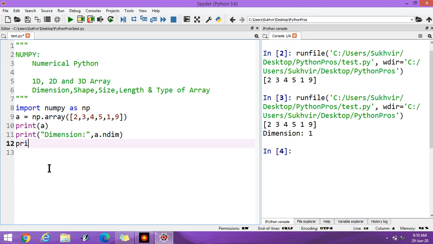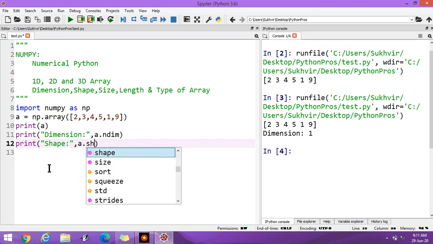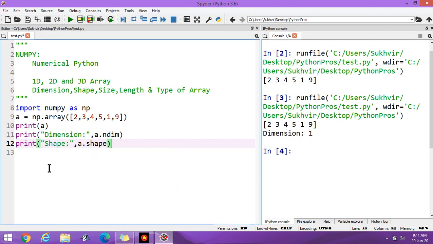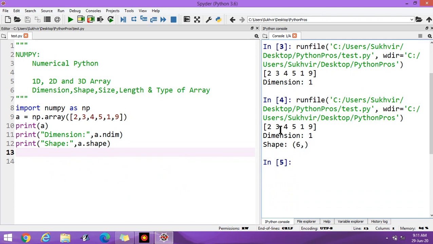To find the shape, you can write shape, then a.shape. Execute again. The shape is 6, comma, it's empty. It means only 6 elements are there, containing one dimension. Means the second dimension is not there.